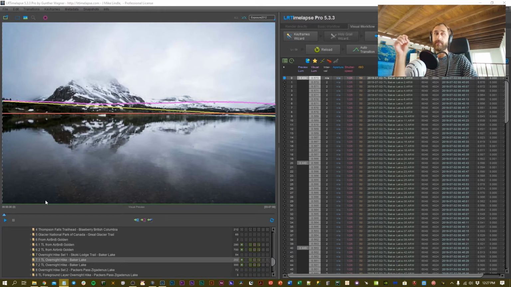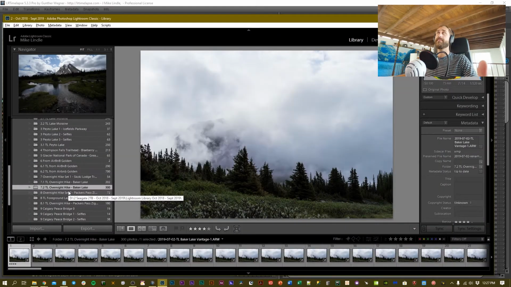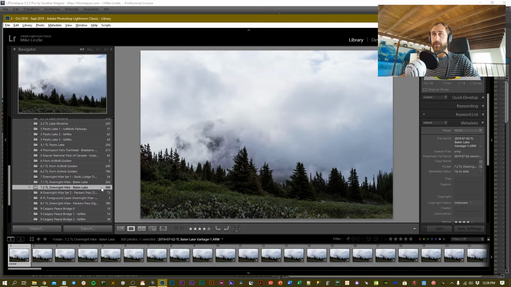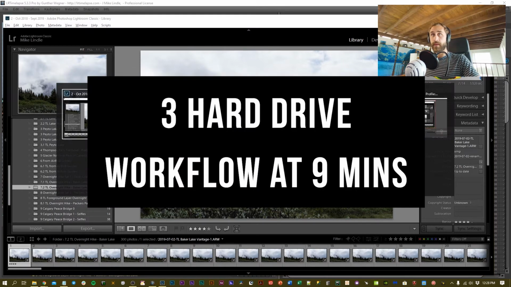All equating to about 4.2 terabytes of information across these 4 different Lightroom catalogs that I just showed you. And that can be, at first, kind of mind-boggling, having to figure out where to store that information, how to optimize your workflow to make sure that you're not using slow hard drives for processing